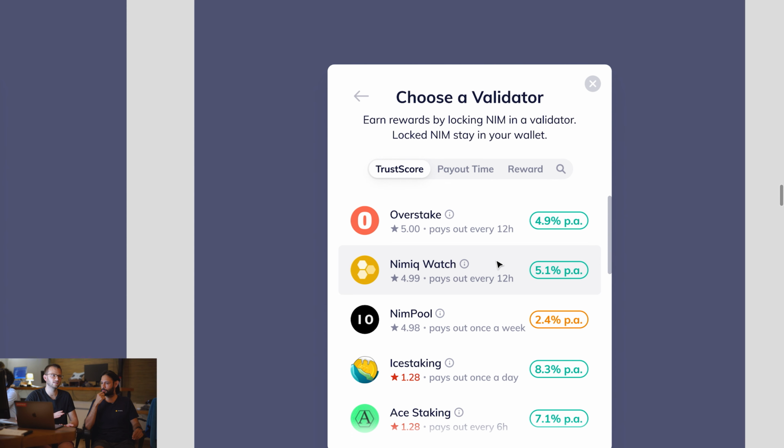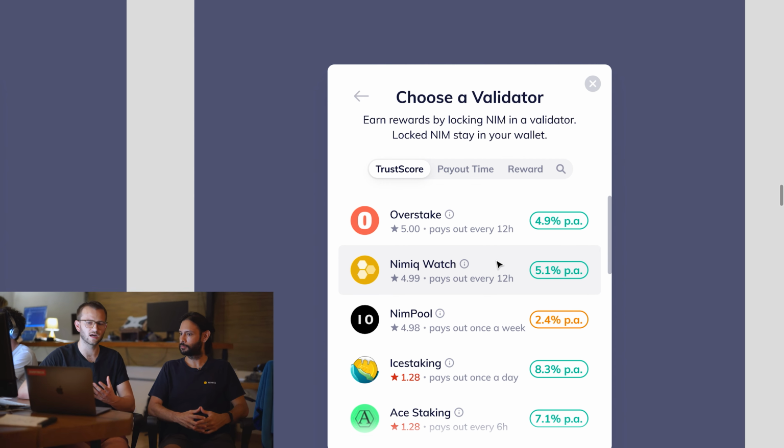We basically evaluate how reliable a validator is in terms of how much uptime it has, meaning how much of the reward that the validator promises I actually get, how many of the blocks that the validator is supposed to produce it actually produces. And then also stuff like is it regularly paying out as the validator says, how old is it, and also how big is it, because we also don't want to have one validator being extremely big, which would be a threat to decentralization. So we want to balance that out and give people a hint on how to choose a good validator.